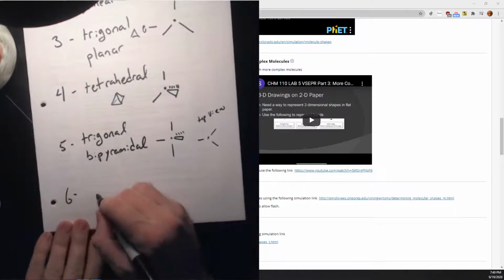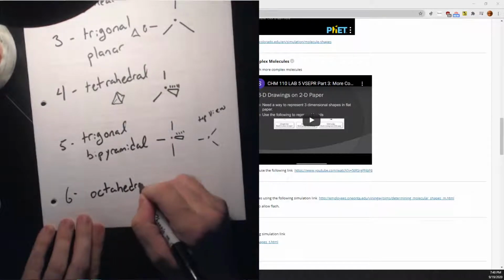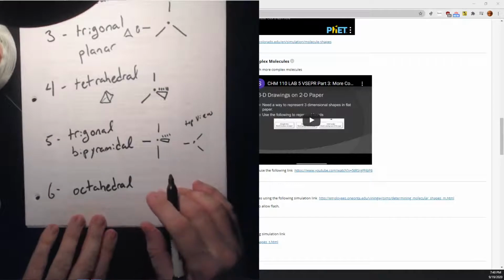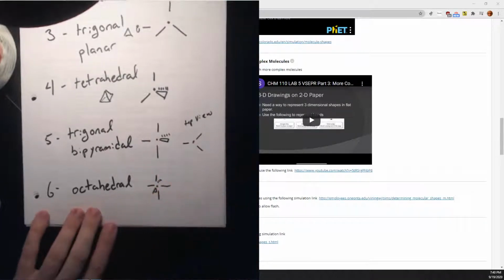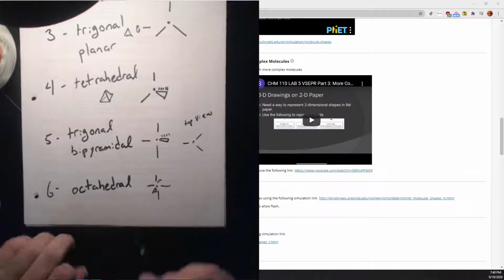Finally, we have 6 electron domains. This is called octahedral, okay, because it forms an octahedron. And finally, we have our Egyptian pyramid, where you have 2 square-based pyramids butt to butt. Okay. And it's called octahedral because when you link this up, you have